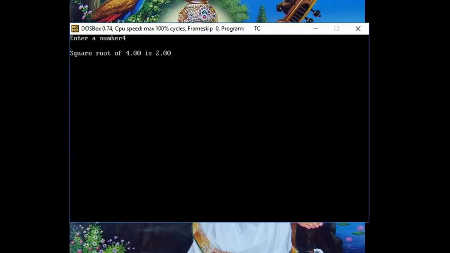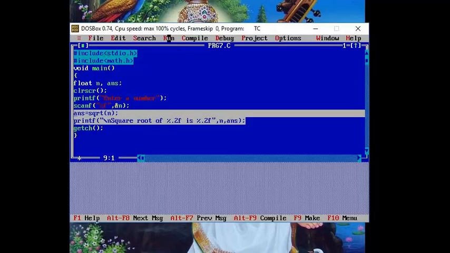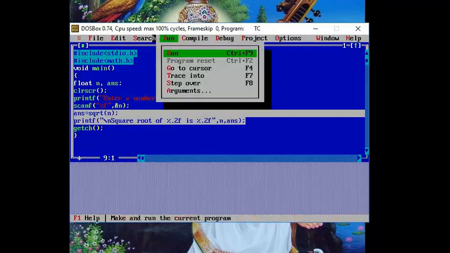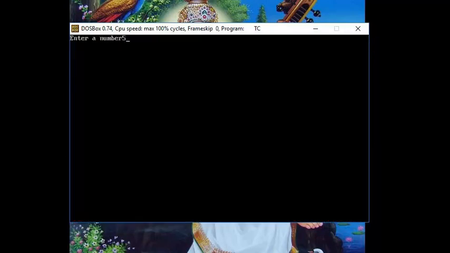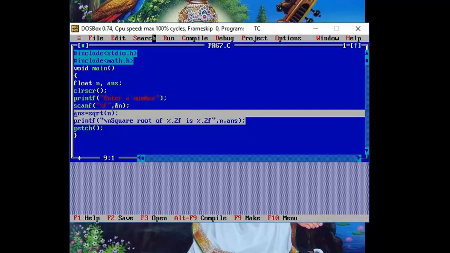Okay, very good. Now run the program once again. Give the input as 5. Square root of 5 is 2.24. Yeah, very good, program is running. This is how to find the square root of an entered number using a built-in function. Go to the help menu,